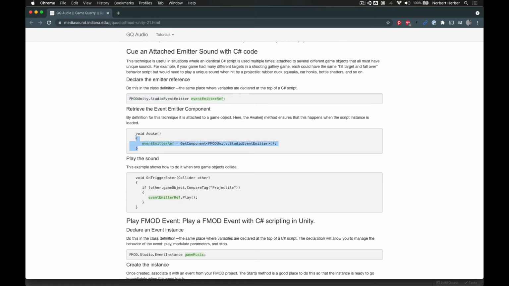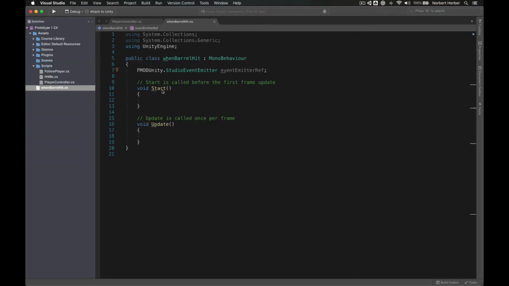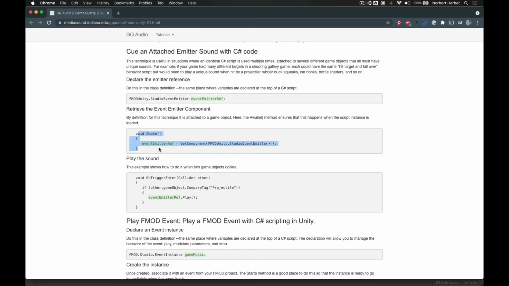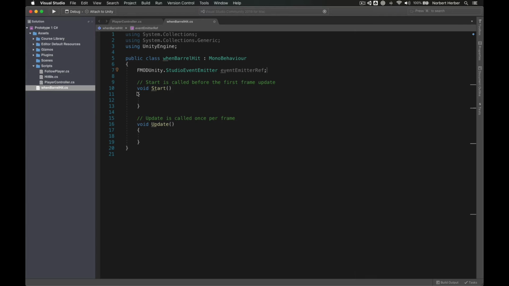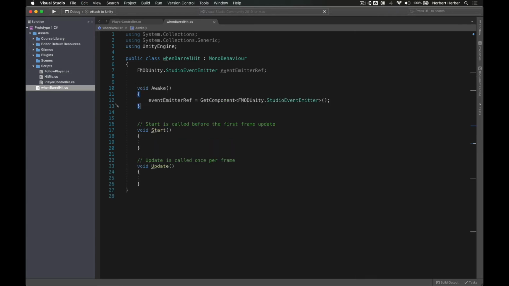Basically, just make sure that these two things are hooked up. So I'm going to go ahead and grab all of this stuff, although I don't know, do I need all that stuff? Yeah, I don't have an awake function in there, so let's just grab all of that and then paste it in. Got my awake function, and